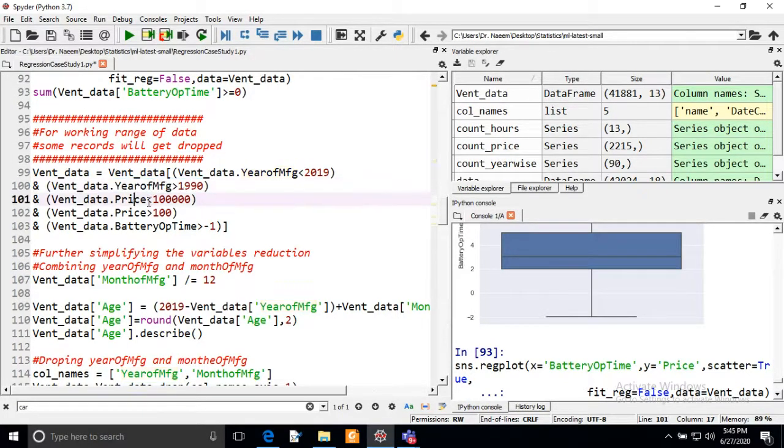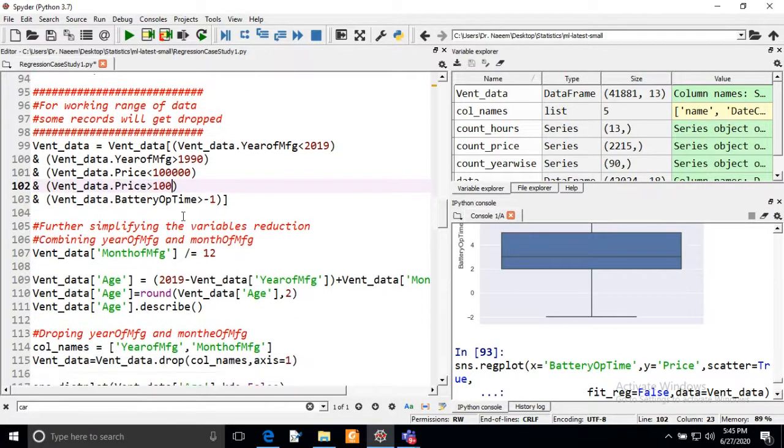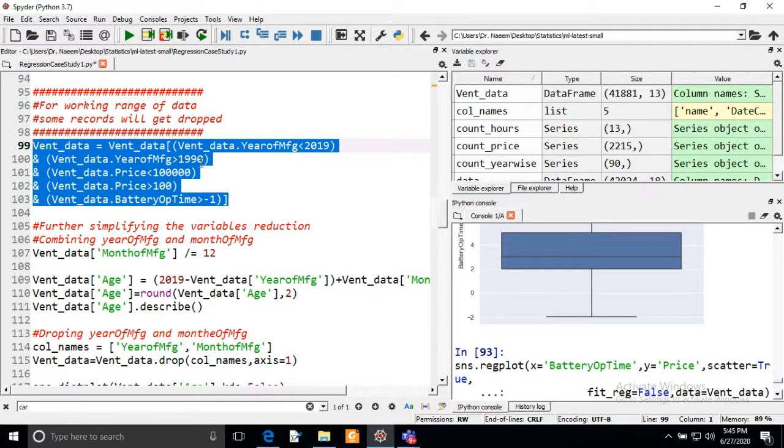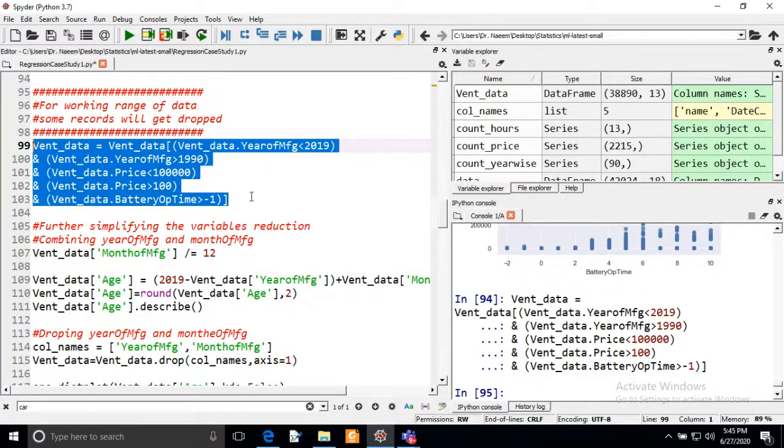For the price, I will not consider prices above 1 lakh, and I will not consider prices below 100. And for the battery operating time, I'm setting it to above -1, and below -1 we will remove from our data frame. So now I'm going to execute this command. It will narrow down the range of all these variables in our data frame.